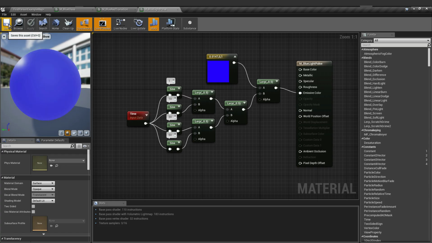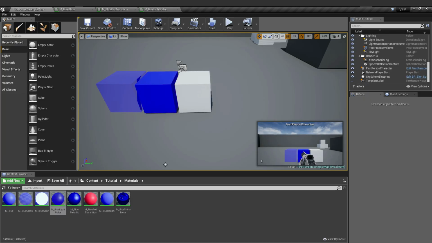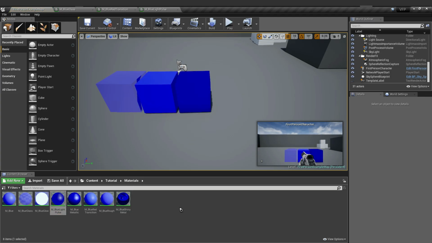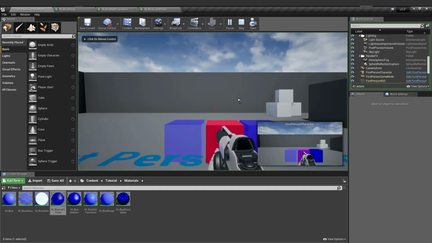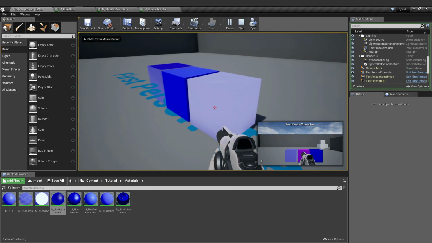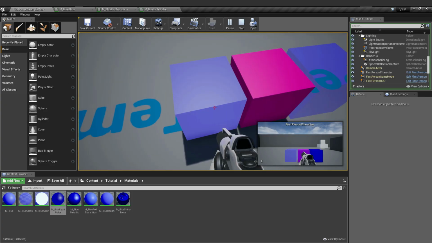So let's save this. Then let's apply our pulsing blue light to an actor. And as you can see, this is the example of pulsing blue light.